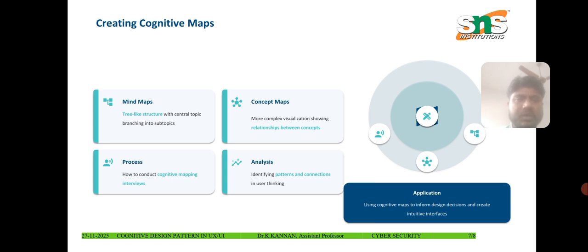The process is how to conduct cognitive mapping interviews, and analysis is identifying the patterns and connections in user thinking. The main application is that cognitive maps inform design decisions and create intuitive interfaces. This is one of the types, and the conclusion is how to create the